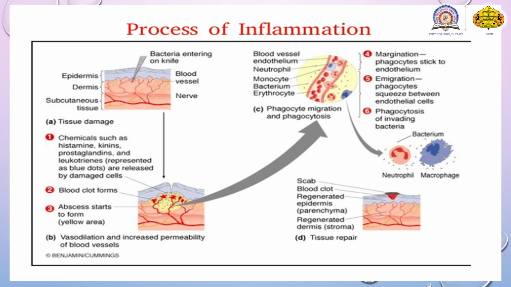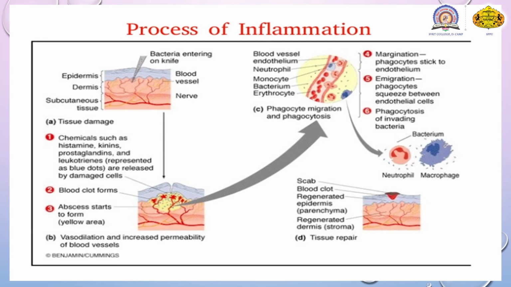So this whole process of inflammation is shown in numbered form, going anticlockwise. In number 1, an example is given of injury to the skin or tissue with the help of a knife. When the knife pierces, tissue damage takes place, and whatever chemical composition or dust particles are present on the knife contain chemicals.